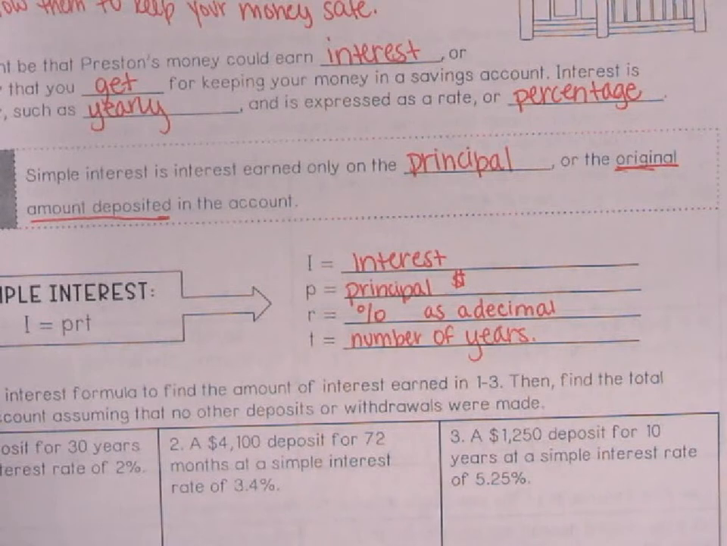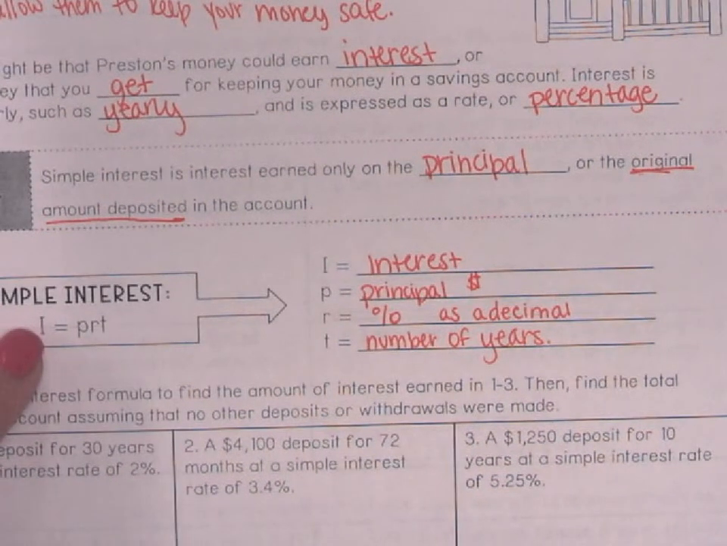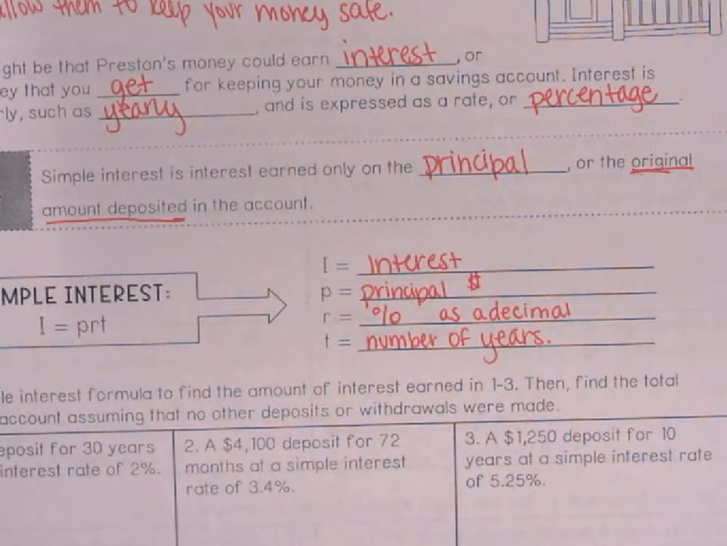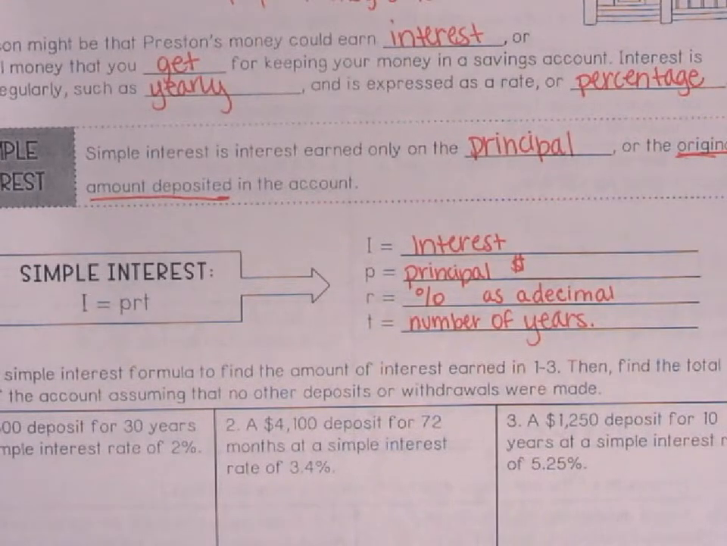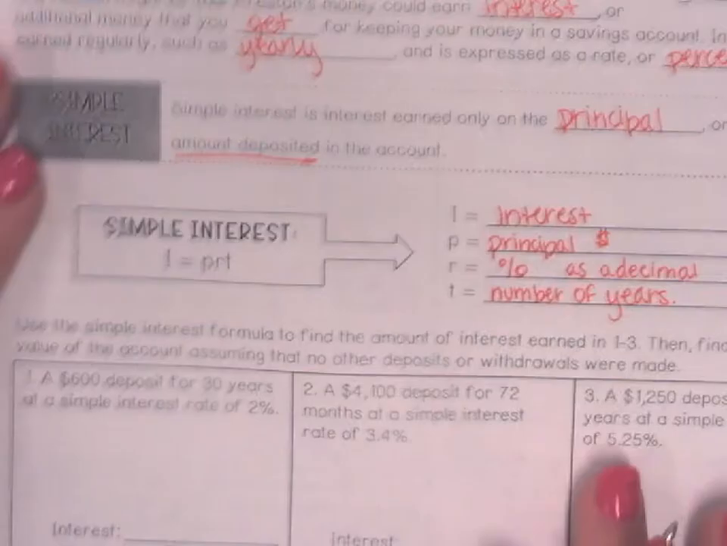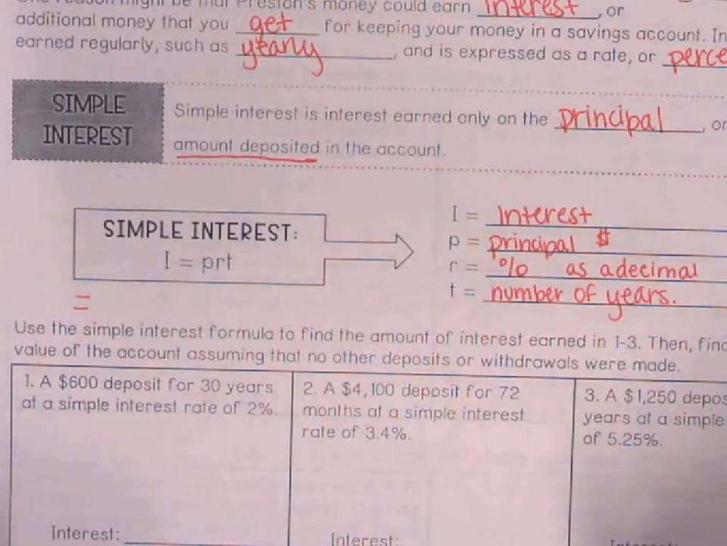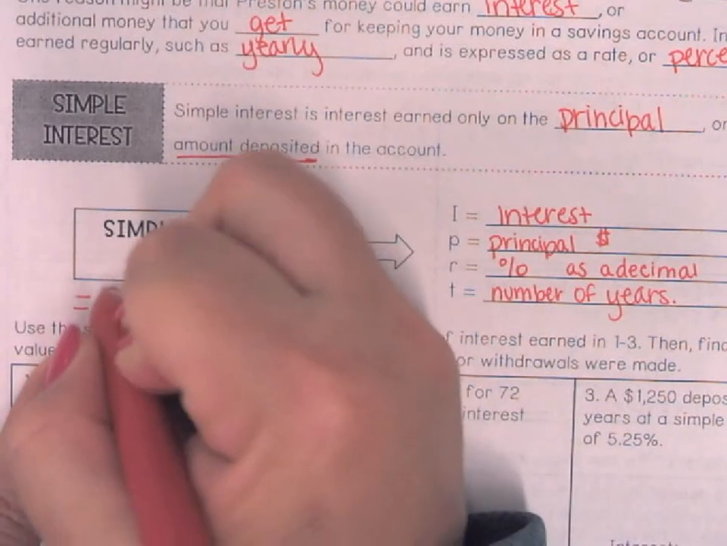Okay. So the I stands for interest. That's what we're looking for. Principal is the money. Rate is percentage. And T is time. So when we're trying to find interest, when you plug this into the calculator, you're going to do the amount of money,